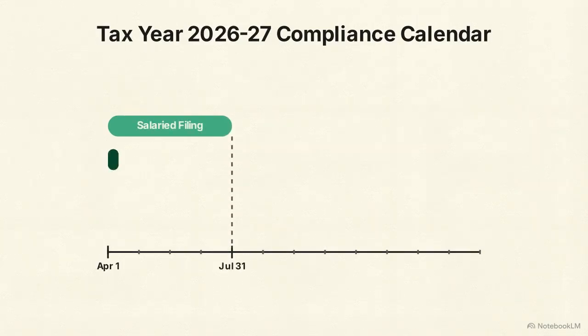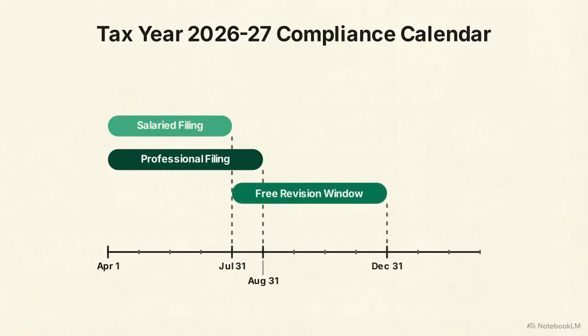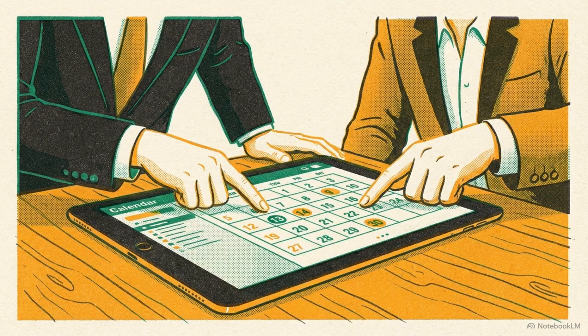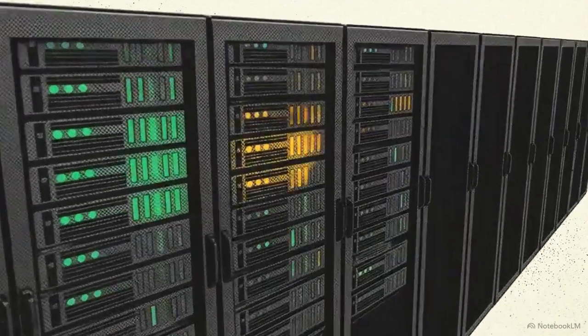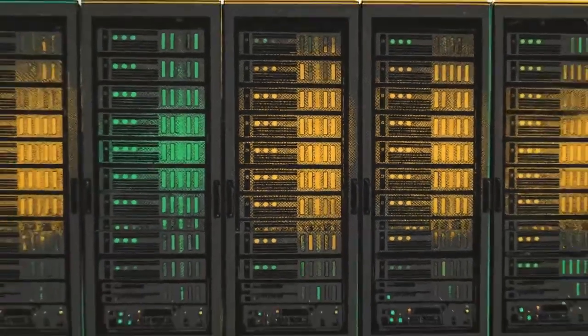However, self-employed individuals and professionals receive a new August 31st extension. The standard correction window remains intact. Filers still have a 5-month period ending in December to submit revised returns without incurring additional fees. Beyond that, the Act introduces a newly legislated penalty phase. Practitioners get a distinct 3-month window, allowing revised filings up until March 31st, provided an extra penalty fee is paid. Tax consultants and corporate payroll managers must immediately adapt to these parameters. Internal CRM mapping logic needs updating, and Q3 and Q4 workflow capacities must expand to handle the March 31st revision